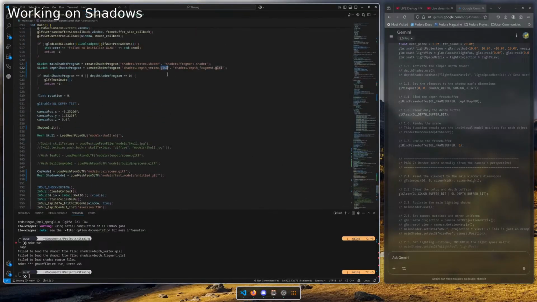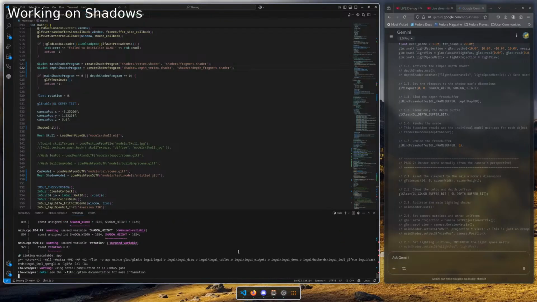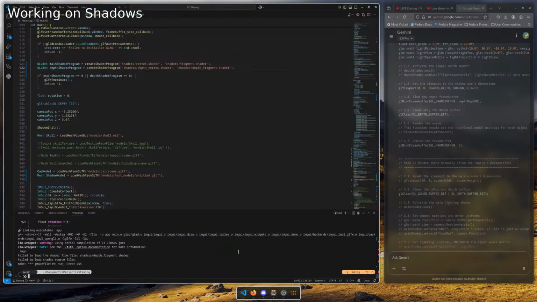There we go. It's shader and yet again shader, not GL, but I might change it. Okay, this time should work.